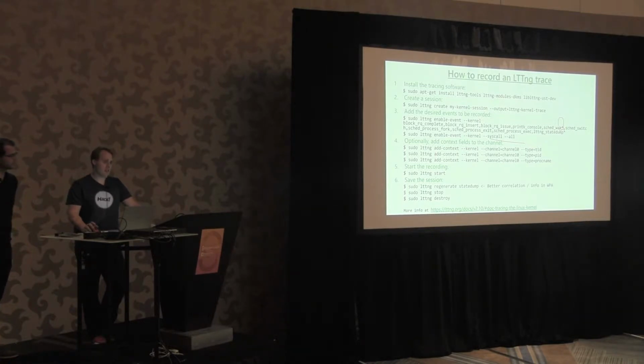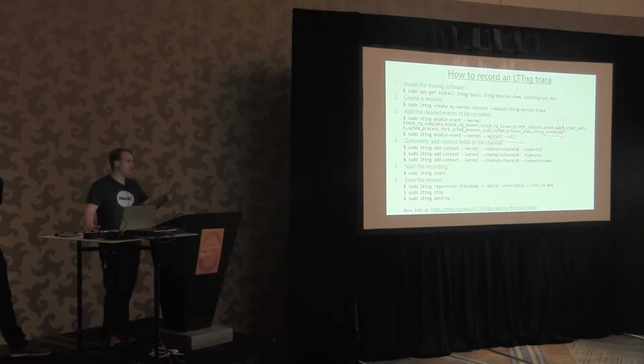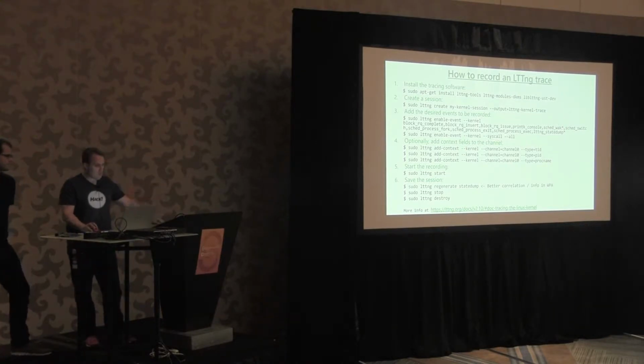So you don't actually have to have these or the state dump, but our correlation is better because of it. And then we found, for one reason or another, even though we're enabling state dump events, that we've had to issue this regenerate state dump right before we stop it to get the rundown that we wanted. We call it rundown, which is like being able to map disk names and processes that started before the trace and all that sort of stuff. So open to feedback at the end. It's like, hey, we can add this or whatnot, but